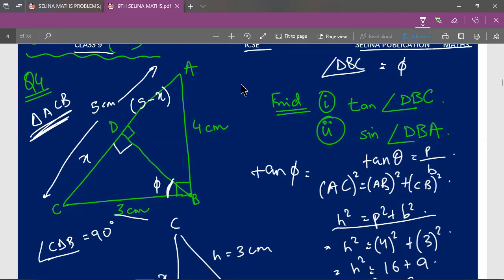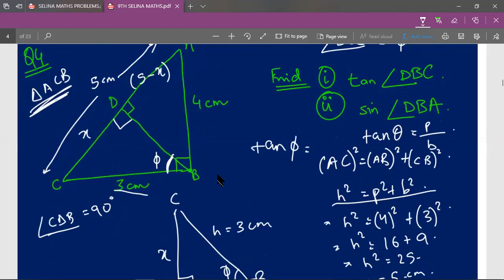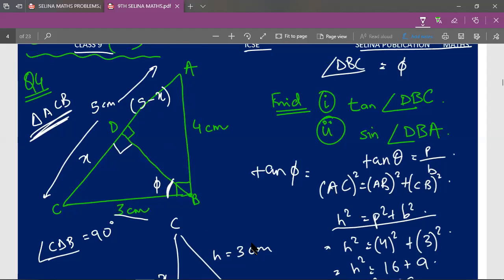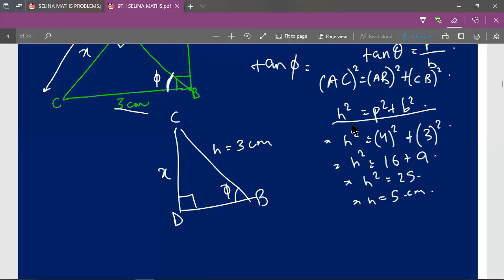Because x is a value, we'll find that later on. So x is a value, and when you add this value with the other part, we have to get 5. Add such a number to x that you get 5, that is 5 minus x. Okay. So once we have done this, we will solve our base. So I would advise you to please write this down.